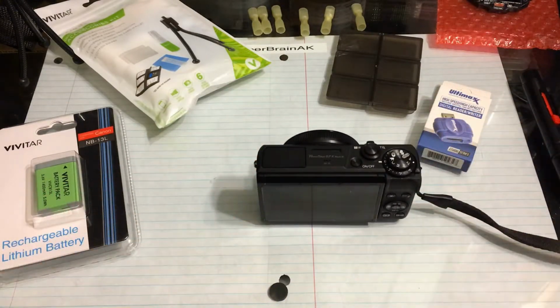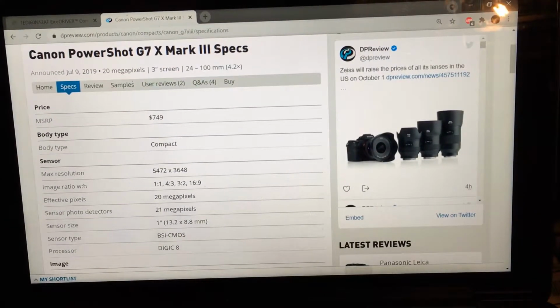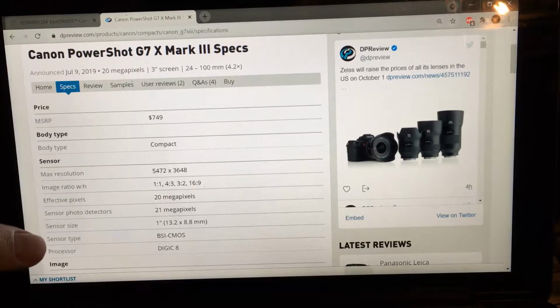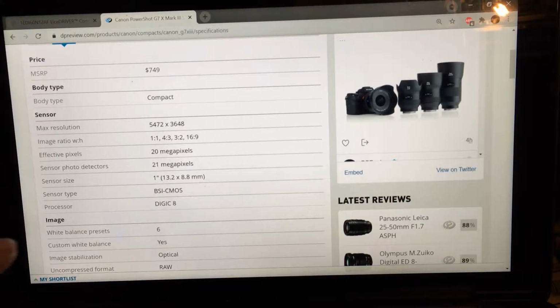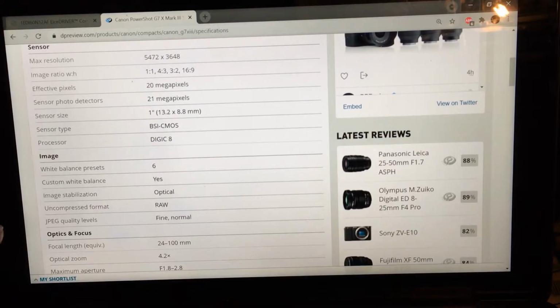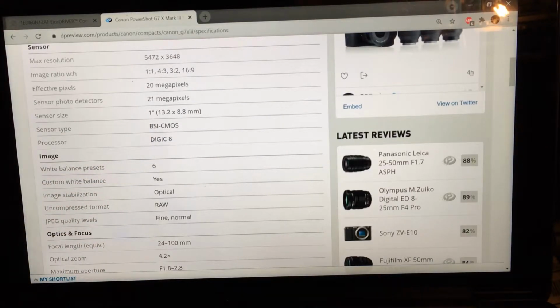Let's move over to the tablet and show you the specs. Here are the specs of it. Canon PowerShot G7X Mark III. So, definitely did not buy it for MSRP. And max resolution 5472 by 3648. 20 megapixel sensor. It's got BSI CMOS, which is